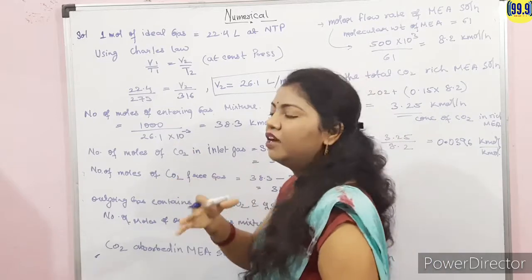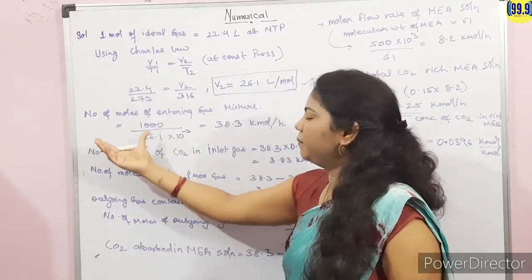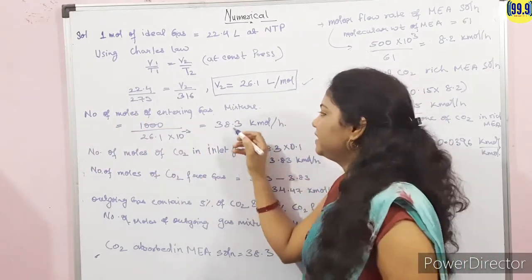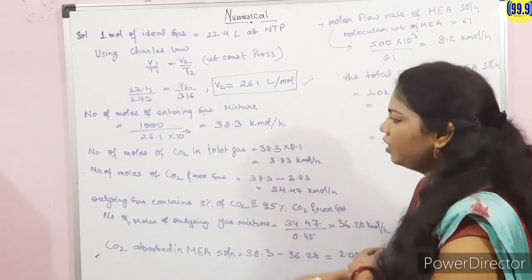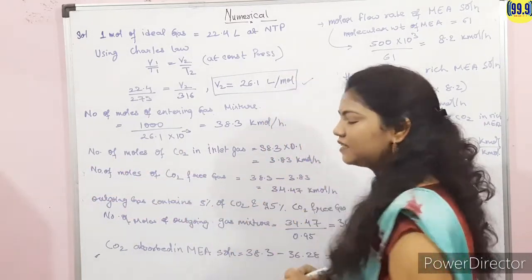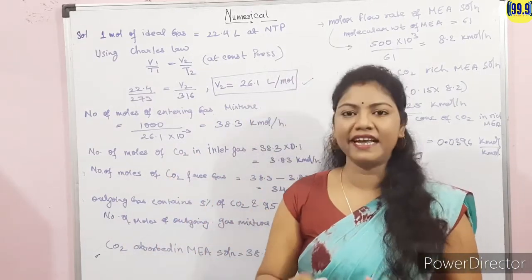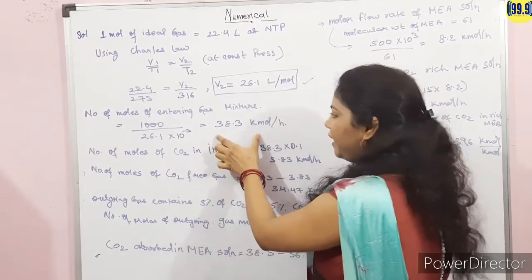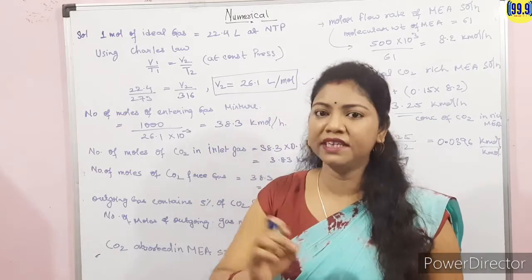That's why we multiply with 10 to the power minus 3. So from here we got the number of moles of entering gas mixture, which is 38.3 kilomole per hour. Okay, now the number of moles of carbon dioxide in the inlet gases. In the question it is given that the carbon dioxide in the inlet gases is 10%. So we got the number of moles from here, and we simply multiply the